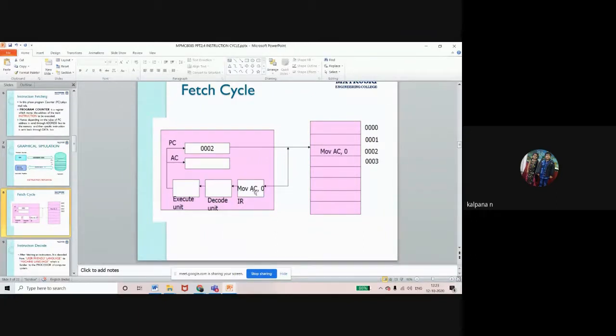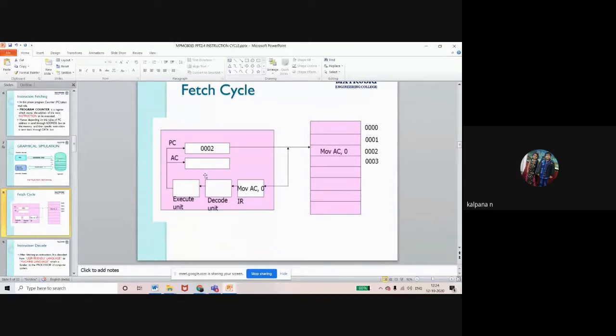The instruction register carries the instructions. So after taking the instruction from the memory location, it moves into the instruction register, through the data bus.